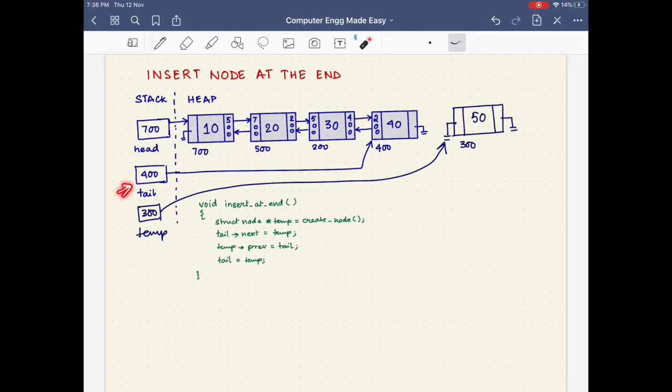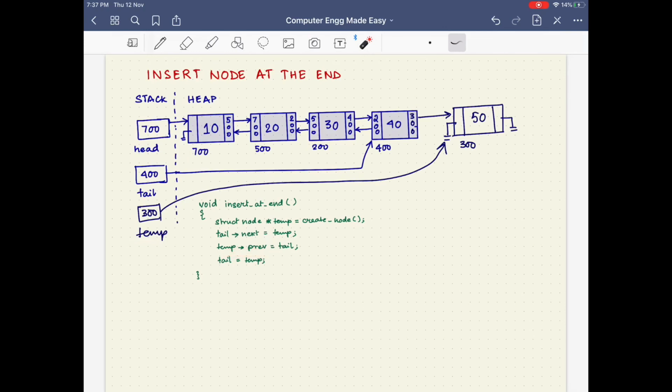If this tail variable was not there, we would have to initialize the variable from the first node, and then traverse the entire list and settle it on the last node in order to establish the link between these two nodes. Now that we have this variable tail, which is holding the address of the existing last node of the linked list, we will use it to establish the link between these two nodes. So for that, we execute tail next is equals to temp. On executing tail next is equals to temp, the address 300 gets stored in the tail next part, indicating that a link like this gets established.